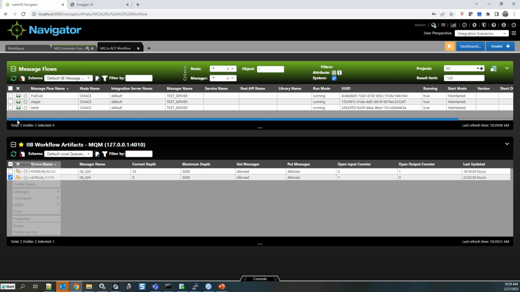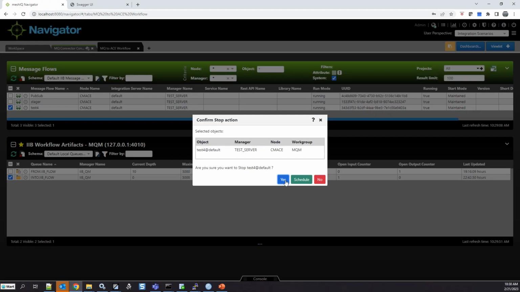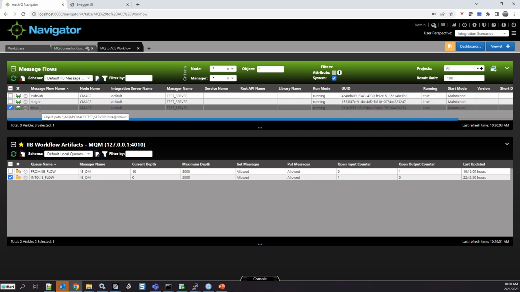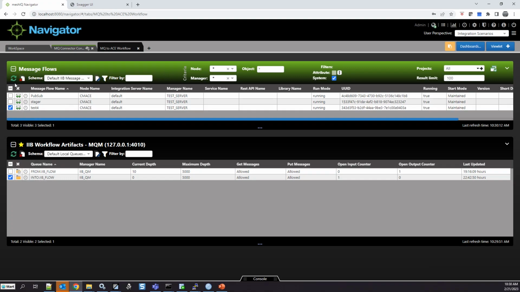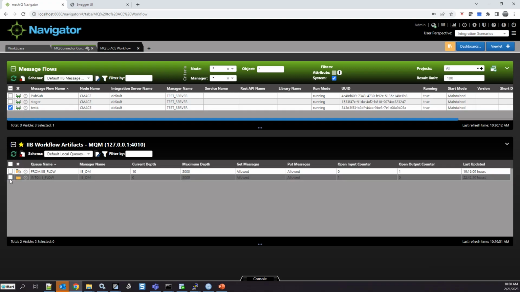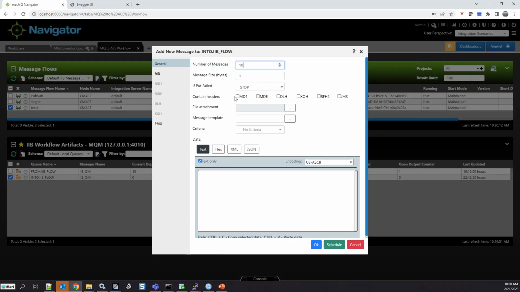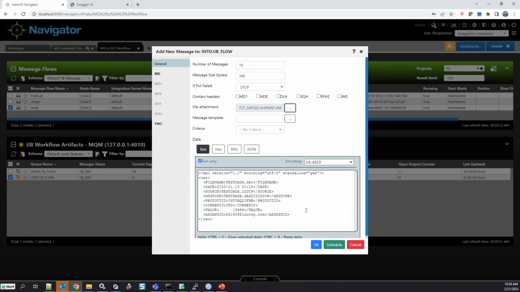Right now, I can stop. So again, this is now where some of the other things we could do. I could stop this flow. That's an action. Again, could be automated. And so now, because this flow is stopped, of course, if I were to repeat the same process, put messages in, we'll grab one of the other ones.